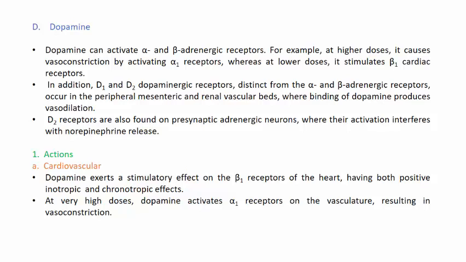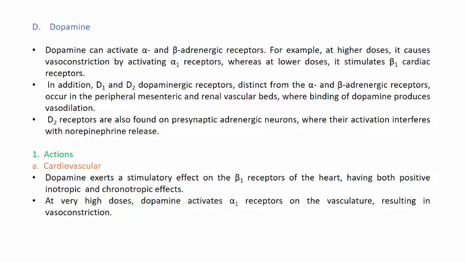In addition, D1 and D2 dopaminergic receptors are distinct from the alpha and beta adrenergic receptors, and occur in the peripheral mesenteric and renal vascular beds, where binding of dopamine produces vasodilation. Also, D2 receptors are found in the presynaptic adrenergic neuron, where their activation will interfere